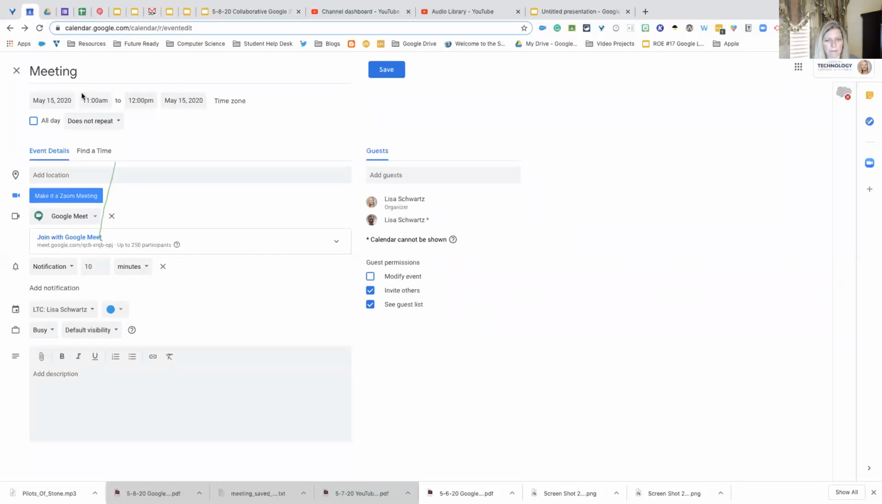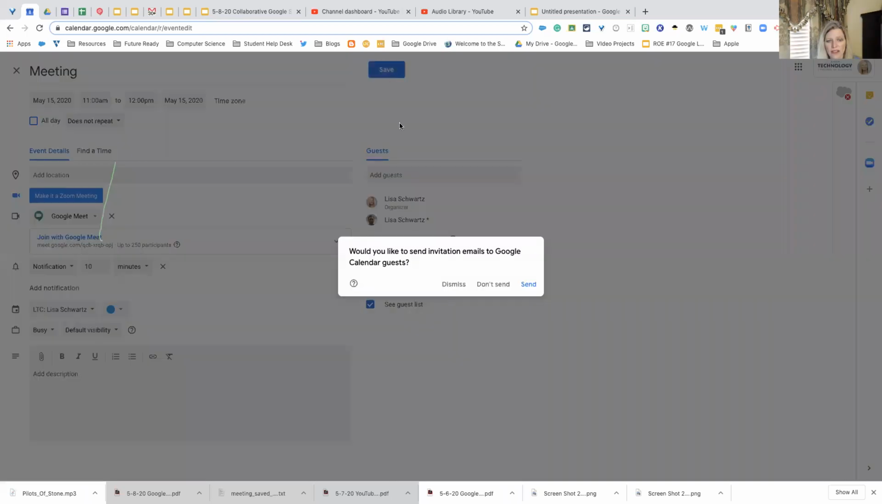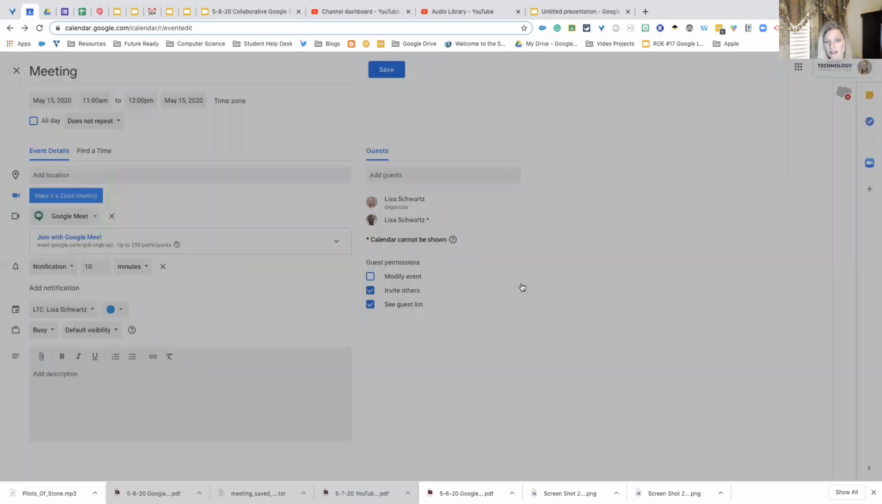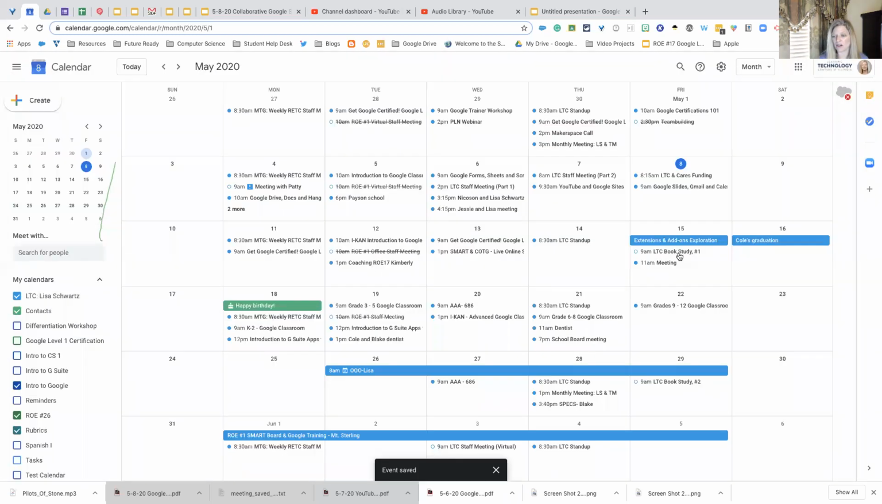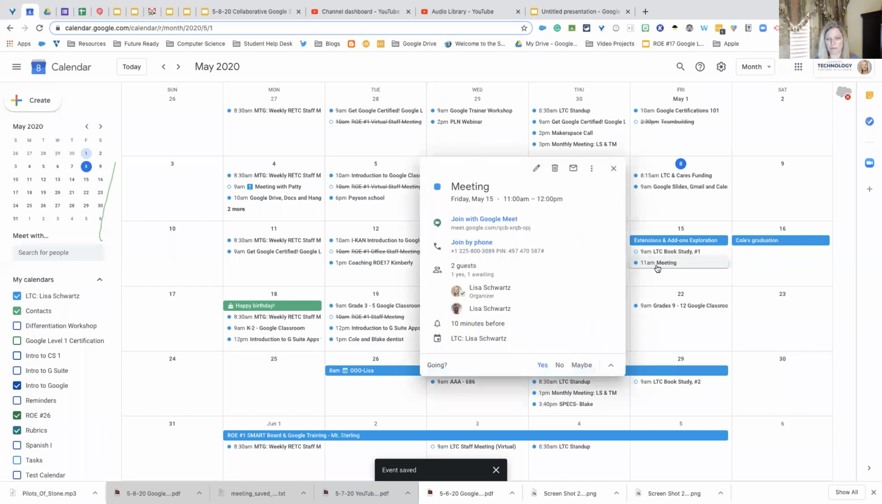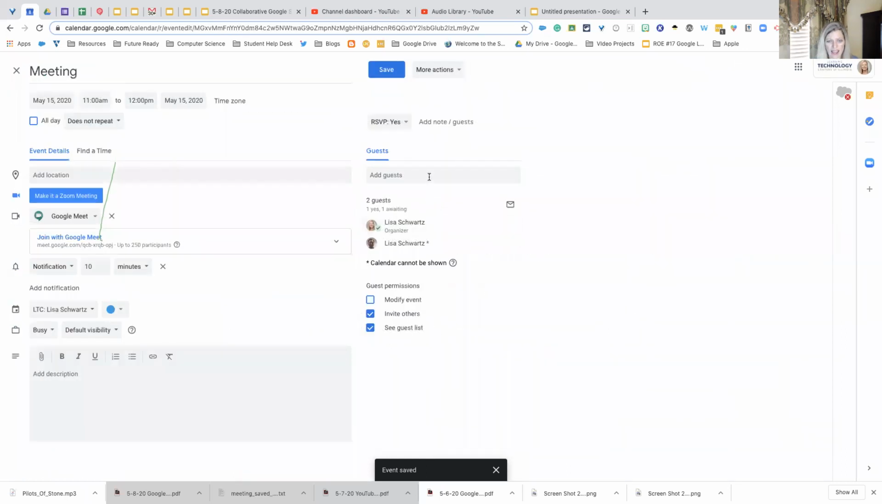So I've got this event here. Then when I hit save, it's going to ask if I want to send an invite to the Google Calendar guest, and I'll hit send. If I go back and edit this, the 11 a.m. meeting, and add somebody new to it,